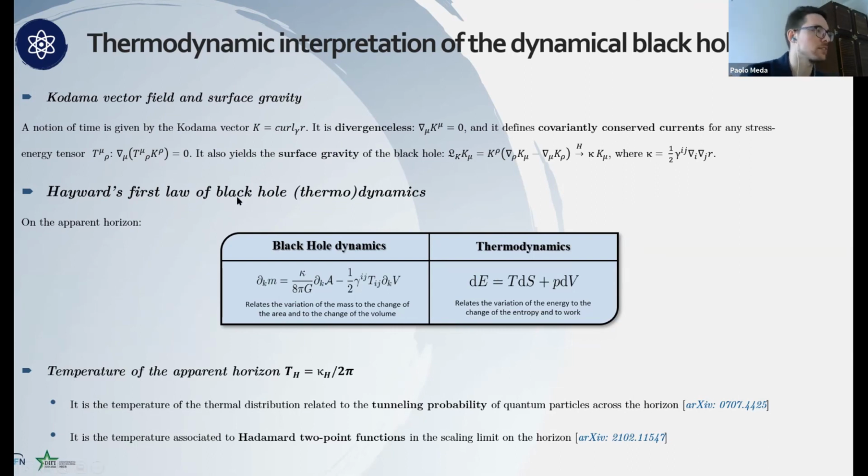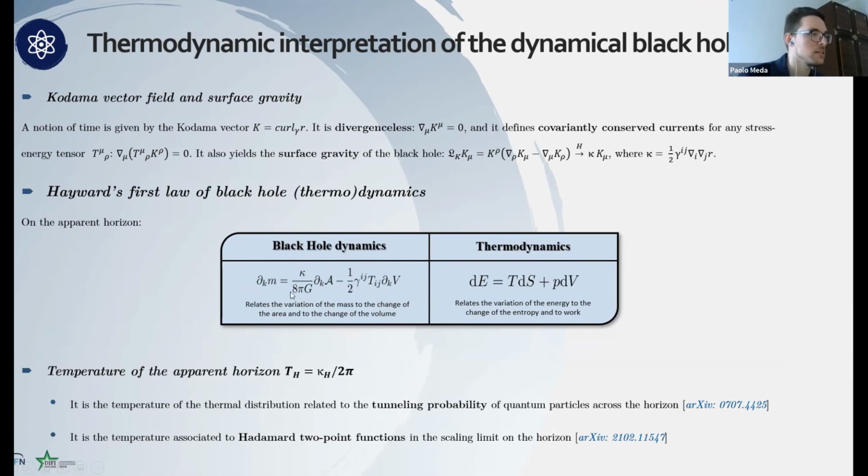And the point is that you can also compute the surface gravity of your black hole, and this surface gravity is given by the following function. And the main result due to Hayward was that using this Kodama vector field and this surface gravity, you can write the first law of black hole thermodynamics for apparent horizons, and then it has the following form,